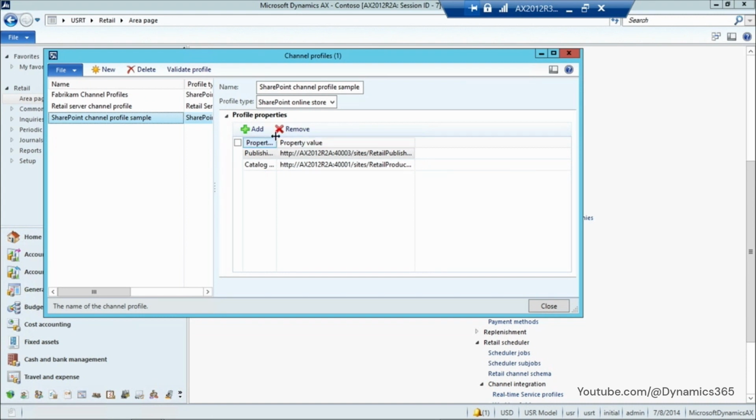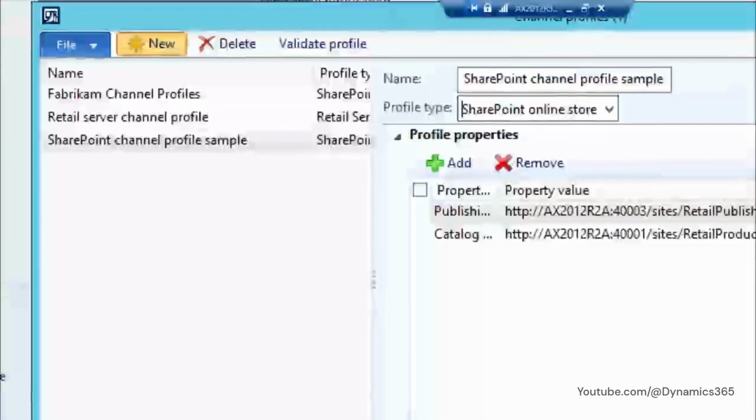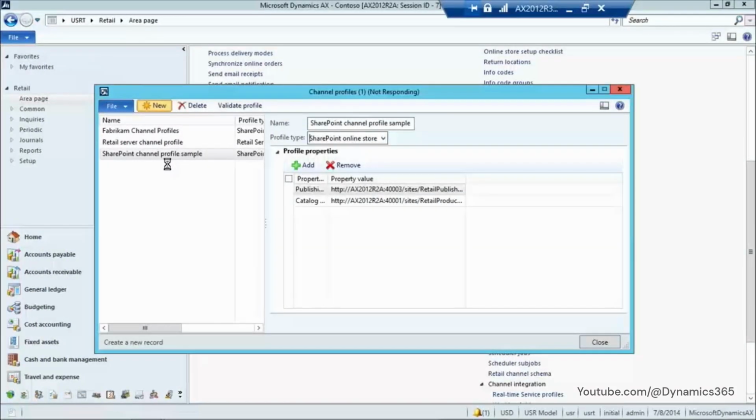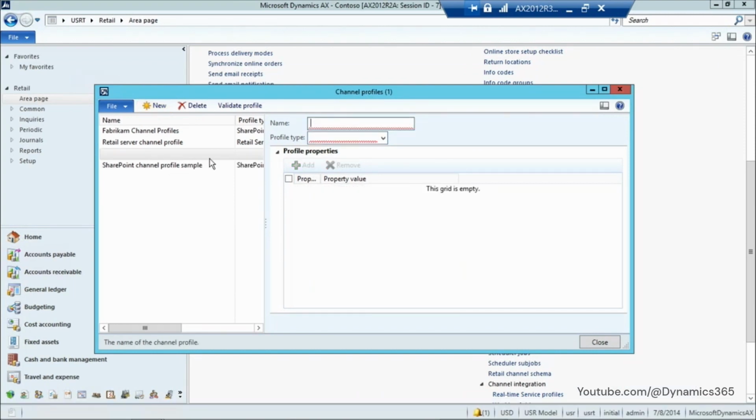Here, the channel profile is by default configured with a name, and then you need to select one of the profile types. Here we have 4 profile types already configured. I am going to choose SharePoint online store. Let me click on new to show you what happens if I am trying to create a new profile. When I click on new, you will find a new item getting entered to the channel profile as a configuration. Here you may need to give a name, then choose one of the profile types. If you choose SharePoint online store, automatically when you click on add,